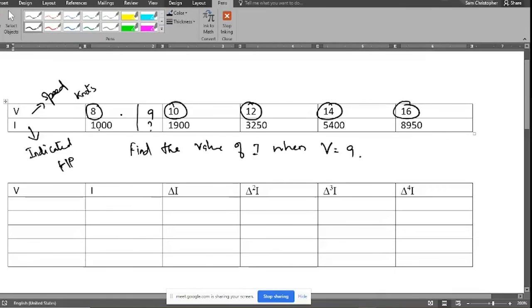So for that, this will be useful. 9 is at the front of the table, between 8 and 10, at the starting of the table. So Newton forward is used. If they had asked for something around 15, at the back of the table, we would use Newton backward interpolation. So this is the logic for using Newton forward: 9 comes in front of the table, at the starting level. So you have to use Newton forward interpolation.